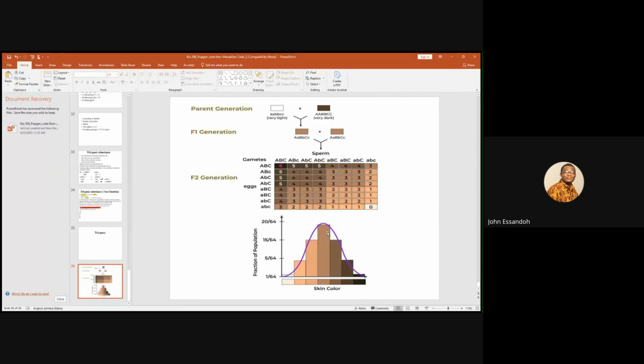So here we have that. So from here like that. You can see that at the extremes, the number of very dark people will be few, and very white people will be few, and the bulk are in the middle here. Look, the bulk are in the middle. So that's a 3. The 3 people here, if you count the 3 people,